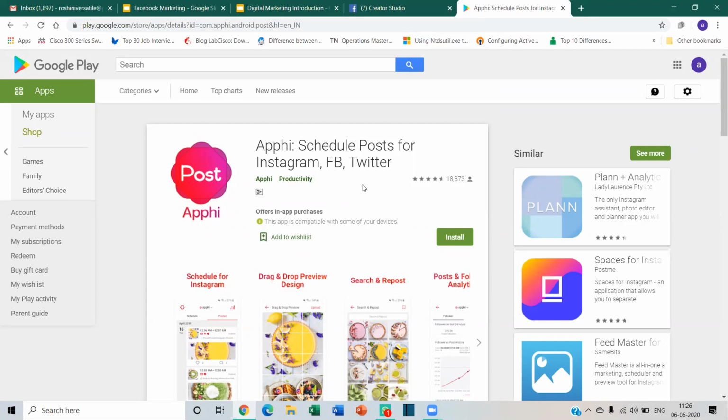Which means in the application you can upload it, but you have to do it manually. So that is the thing I have seen. But it's one of the standard and it has a good rating also. It's a good application. Maybe if you want, you can give a shot also.